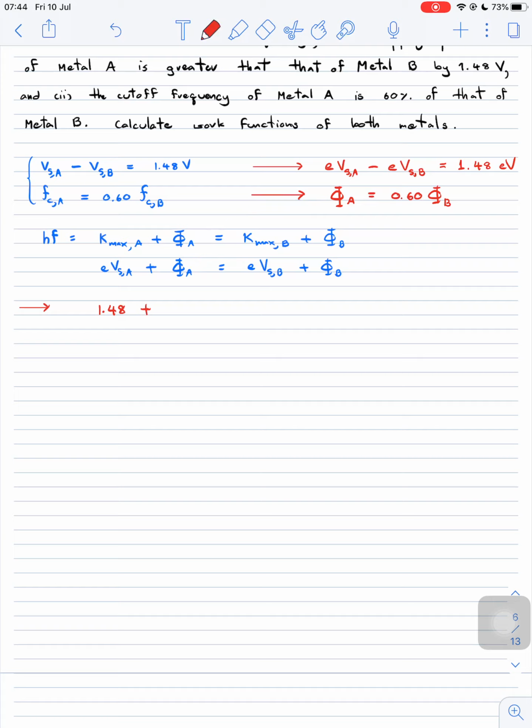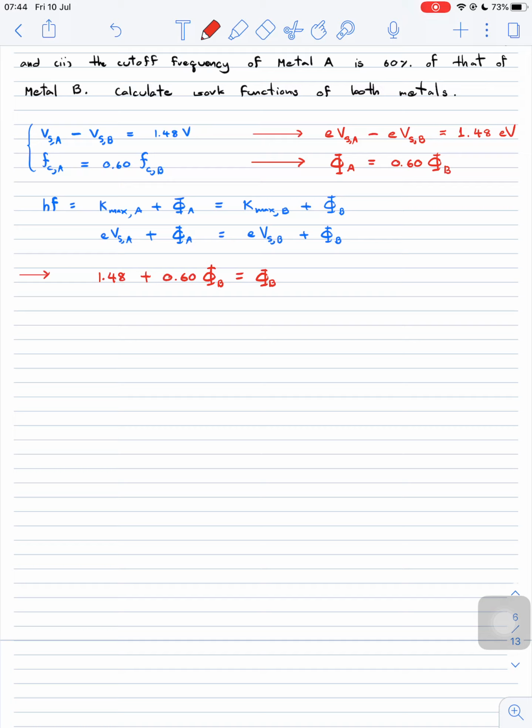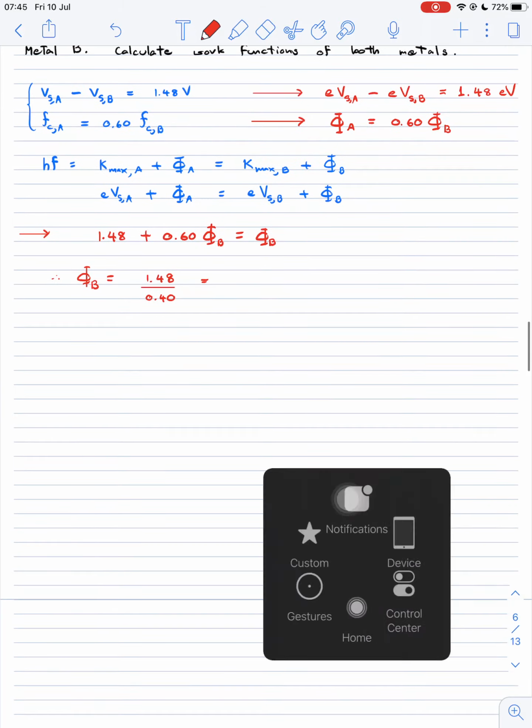It's going to be 0.60 times the work function of metal B, equal to the work function of metal B. So finally we have that the work function of metal B is going to be equal to 1.48 over, if you move this to the right-hand side, 1 minus 0.6, which equals 0.4. So we have 0.40 here,